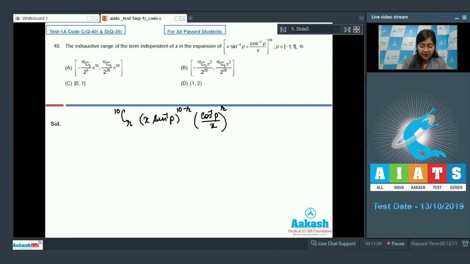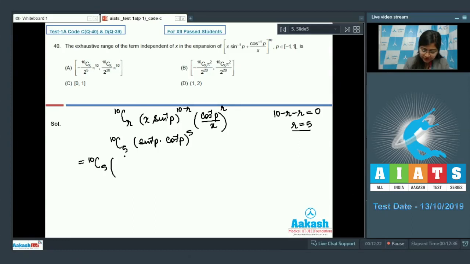So for the term independent of x, we will put 10 minus r equal to 0, which gives us r equal to 5. So putting r equal to 5, we will get 10C5 into (sin inverse p into cos inverse p) whole raised to the power 5. So we have to find its range. So we can write it as sin inverse p into (pi by 2 minus sin inverse p) whole raised to the power 5. That is equal to 10C5